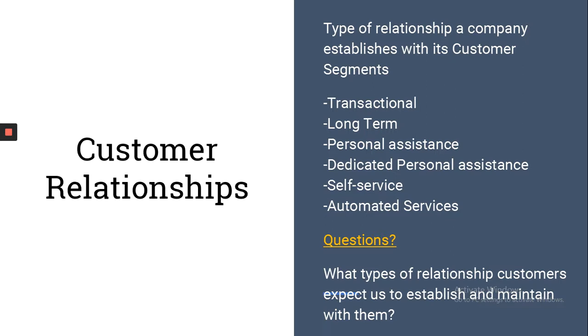Some relationships are long term. You continuously buy from that person, right? And then the third type of relationship that a business can have is human assistance, or personal assistance. You provide them with a human. For example, you're facing some problem with your mobile network, so you call the customer office and talk to a human being, maybe a girl, maybe a boy. They answer your question and try to help with your problem. That is the human assistance that companies can provide.